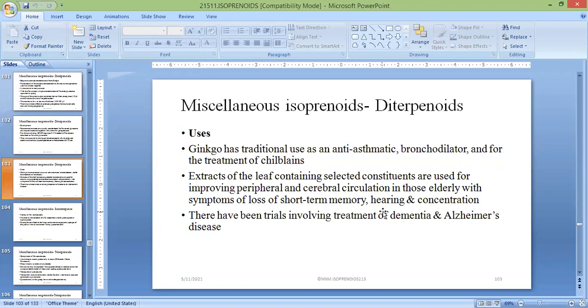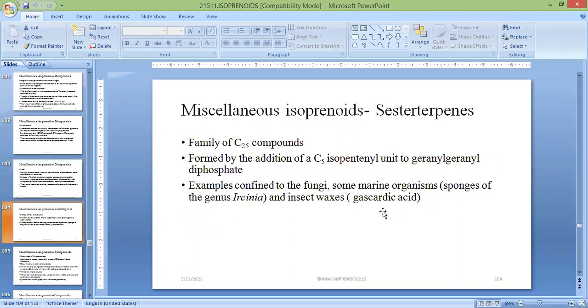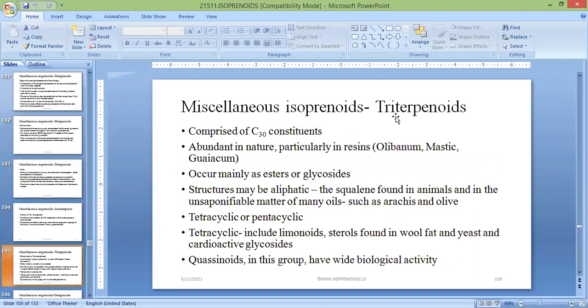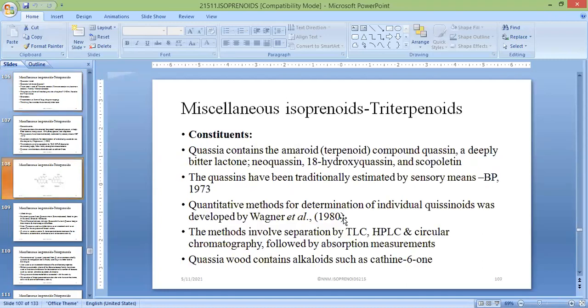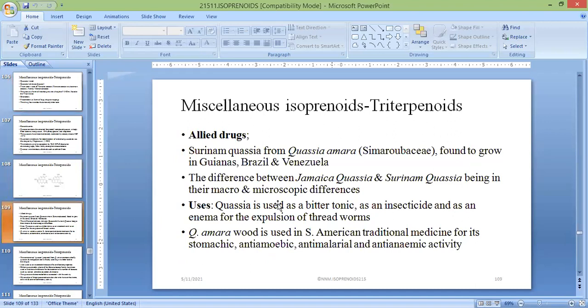Then next we go to the triterpenoids. For the triterpenoids we'll mention the quassinoids. They are derived from the stem wood of Picrasma excelsa. Quassia wood is used majorly as a bitter tonic. The second thing it will be